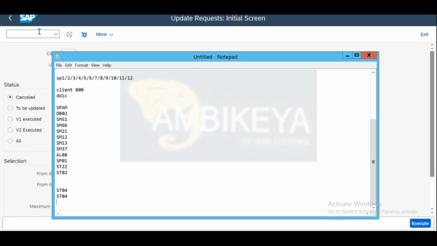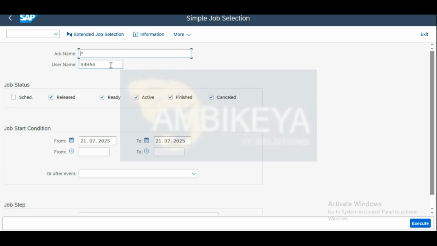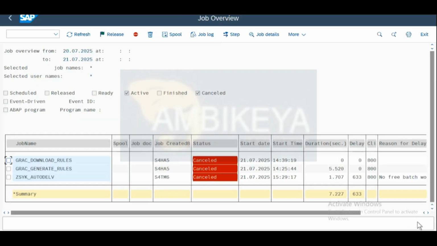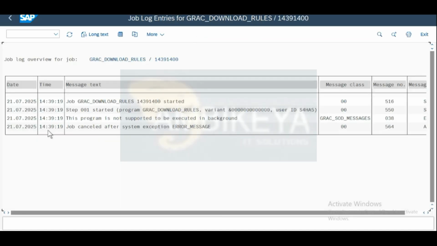Then on a daily basis, we need to take care that there should be no job failure, and there should be no job which is running more than 24 hours. So you need to check for the active and cancelled jobs and check from the previous date. Now execute it. So you can see that 3 jobs are cancelled, failed. So you can check why it failed. You just need to double click on that and click on the job log and you can see